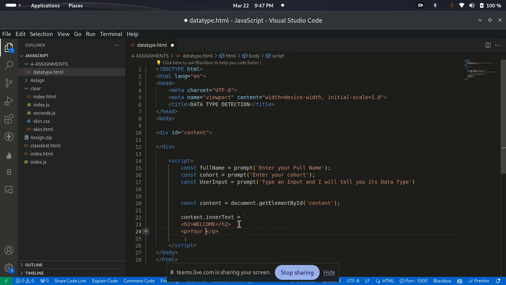Or your name is, then I put the person's name here, like the computer is telling you the person's name. The name is a variable. It's a variable, so I'm putting it inside here. Your name is full name, comma. Your name is full name from